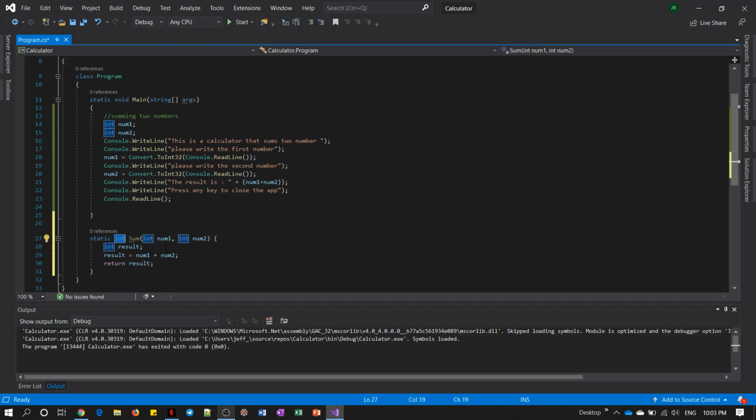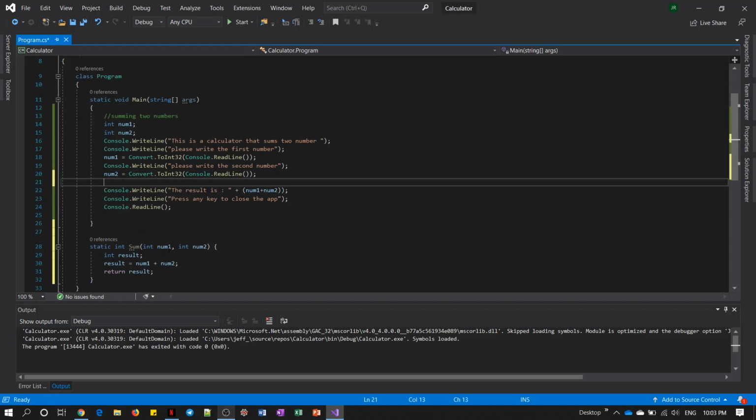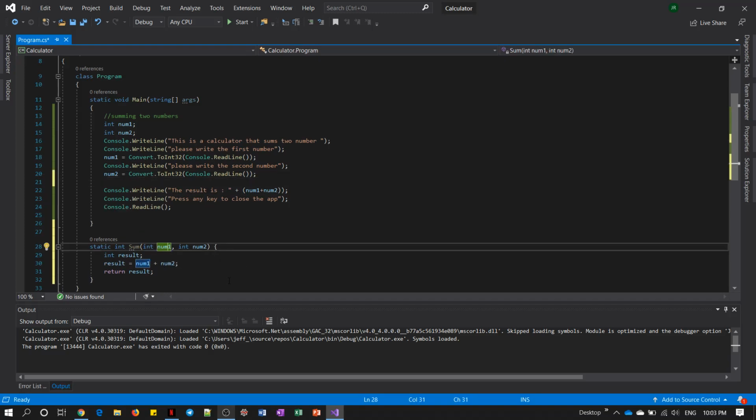So how it works, we have our input. So if we want to call it from the main one, we need to give it these two inputs. In this sample, I created the same name, but we can change the name because as I mentioned, this is a local variable only for the function. So let's put number one just to give a sample, number one, and number two,